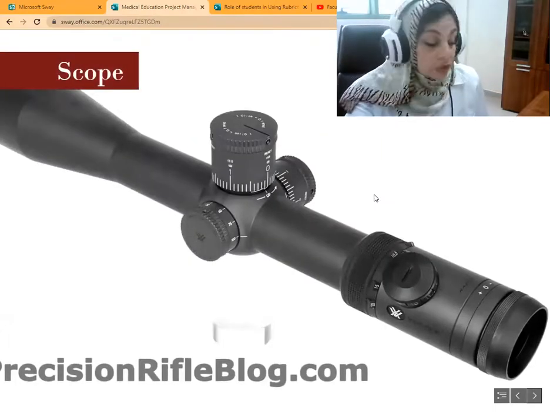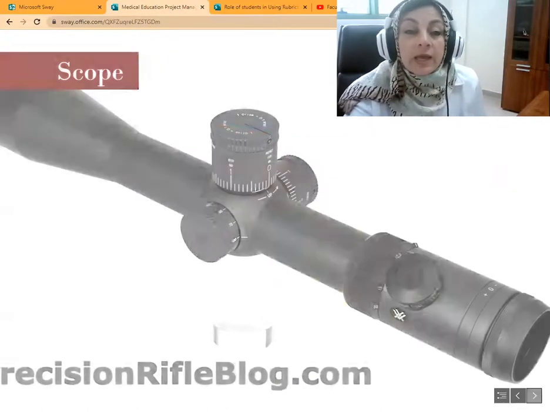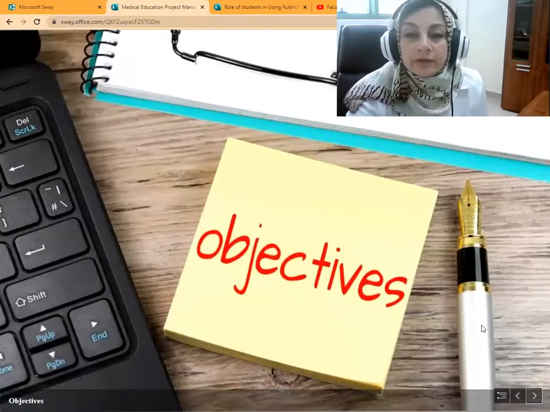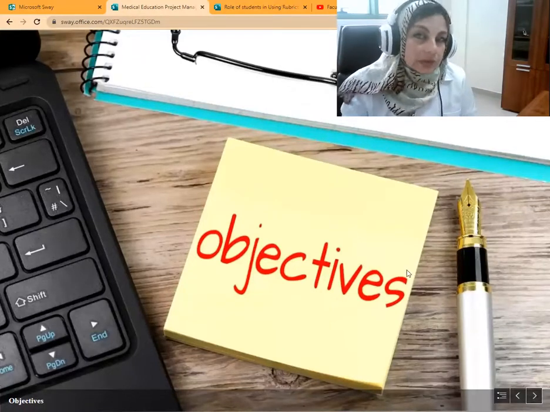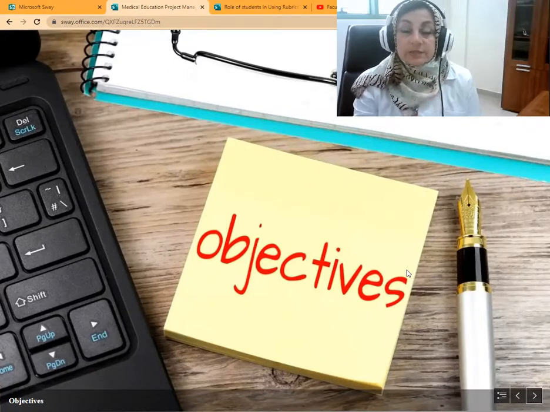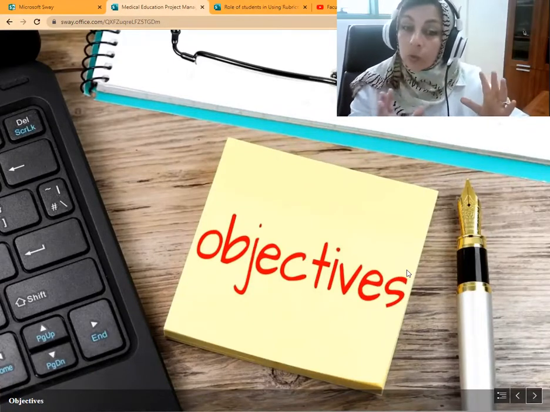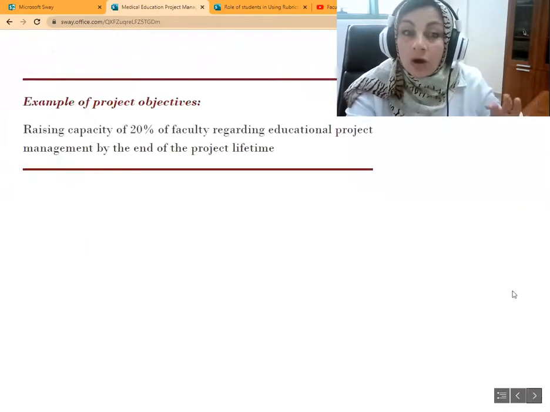Well, the first thing to identify is the scope of your project. What is the scope of the project? The scope is actually the area that we want to work in, and this is identified through the situation analysis. It's a priority, the situation analysis. Then out of the scope, we try to generate what we call objectives. And the objectives are